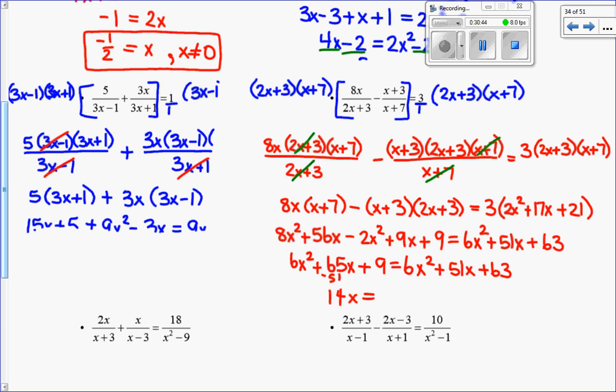Then I'm going to subtract 9 from the left, so I subtract 9 from the right. 63 minus 9 is 54. And if I divide both sides by 14,